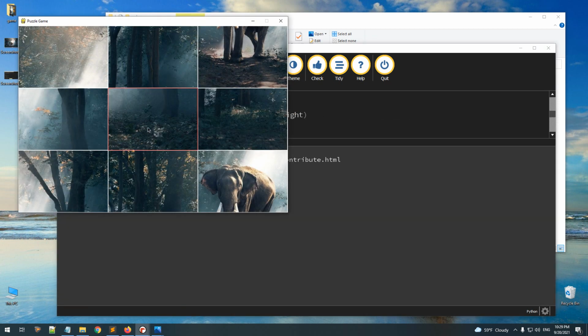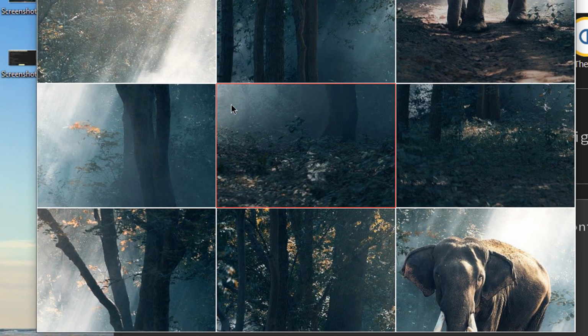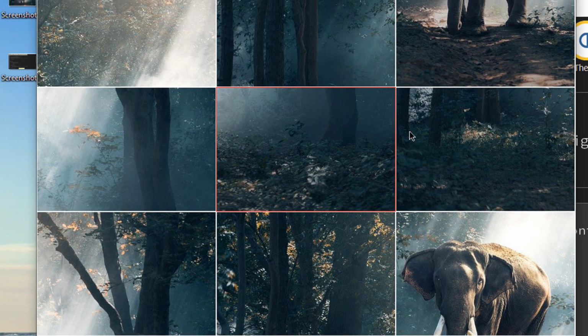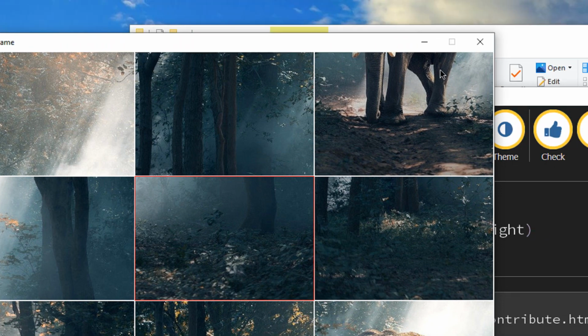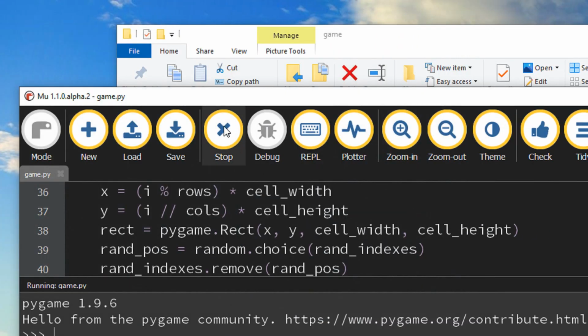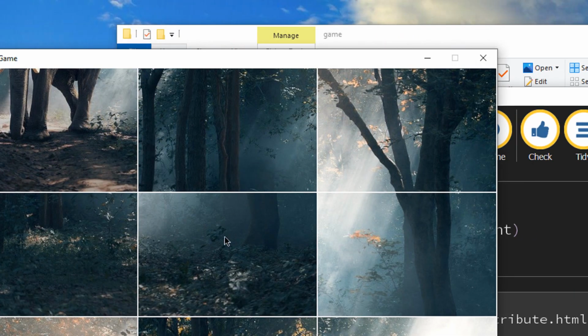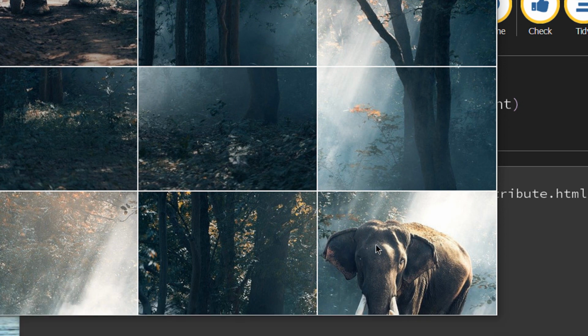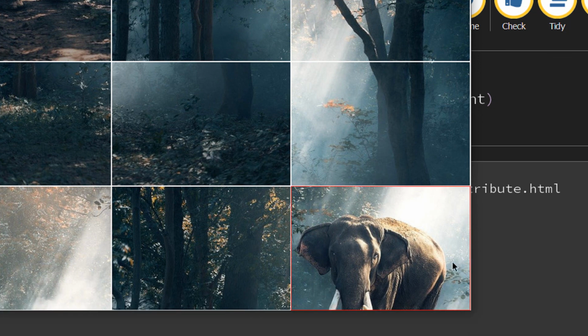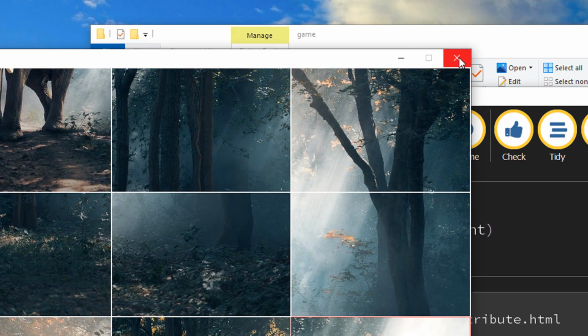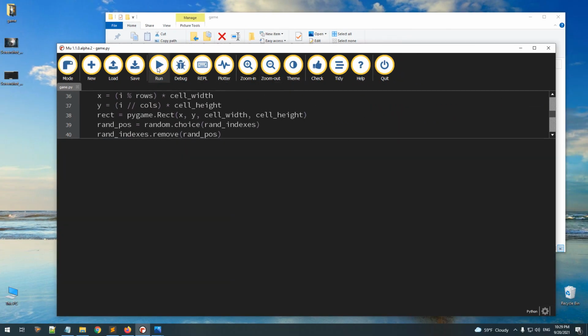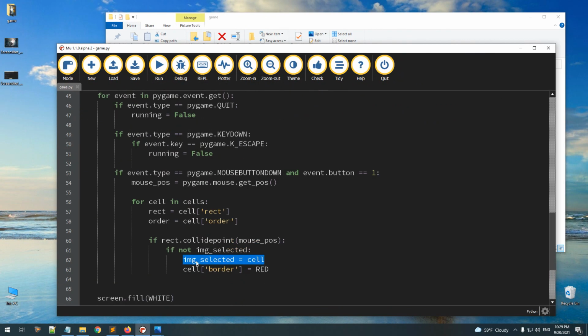So if I click this one, you will see the border is red. And because it's selected, nothing is working anymore. But let's see it again. So if I click this one, its border is selected. And now image selected contains the image that I have already selected. Now, if an image is selected,